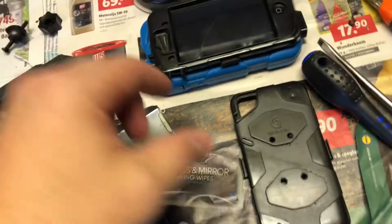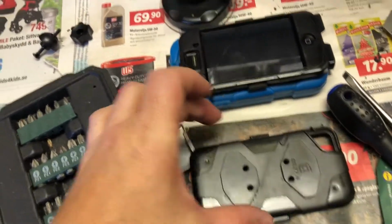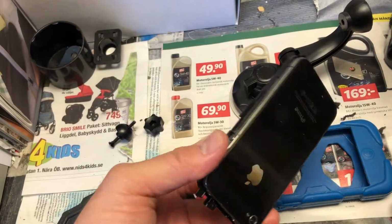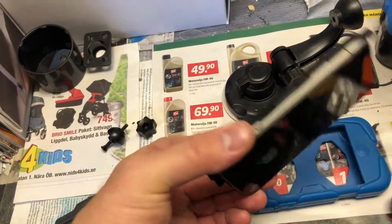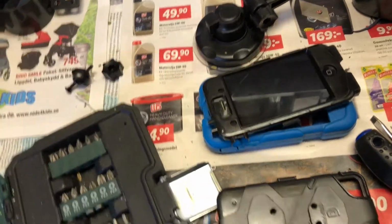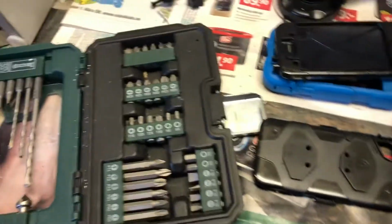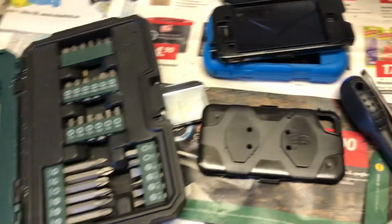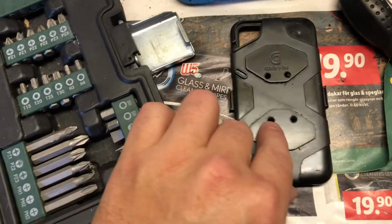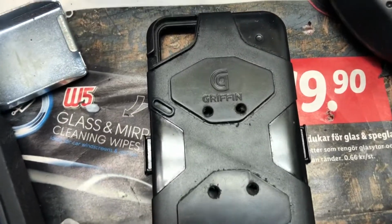Thing here. I have this old iPhone 4S, which I've been using a lot, especially on car meets and having an extra camera. And it does the job, but I wanted something more here. So I had this old Griffin shell for this